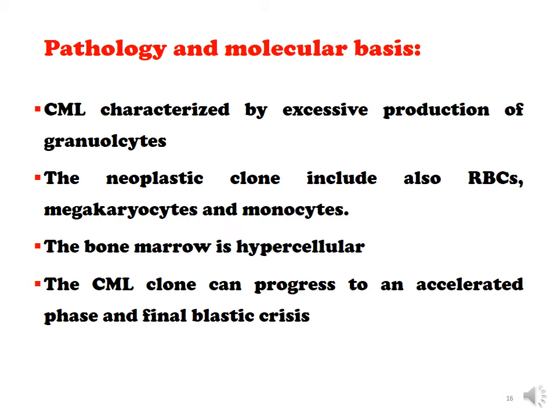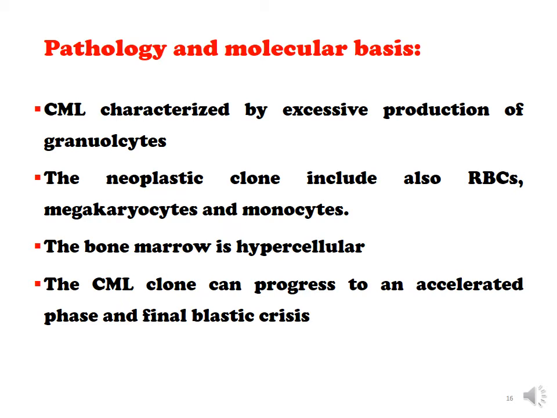What is the pathology and the molecular basis for CML? CML is characterized by excessive production of granulocytes. The neoplastic clone also includes RBCs, megakaryocytes, and monocytes. That's because, as we mentioned at the start, the hematopoietic stem cell gives rise to the common myeloid progenitor, and this common myeloid progenitor gives us the RBCs, the platelets, the granulocytes, eosinophils, basophils, and monocytes. So this part is what is affected here. If you do a bone marrow, you're going to find that the bone marrow is very active, and that's why we have increased proliferation